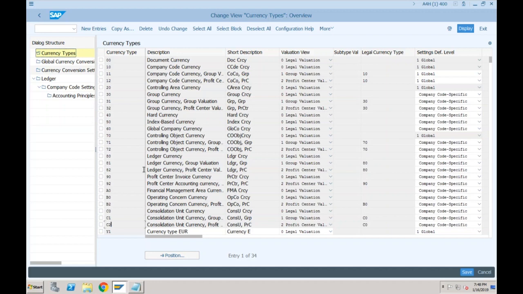Okay, so 2-digit code, you can provide a description, a short description, and this is again just for the information purpose. This will not make any difference in terms of the postings. Okay, and one important thing here is this one,